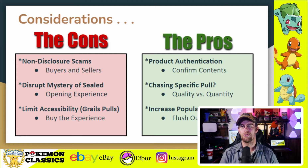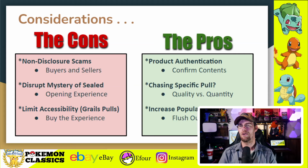These last two considerations I marked as positives, but in reality, they're probably more neutral, if anything. But one could be for those that are chasing a specific pull. They want a specific card, and they could buy one singular pack rather than a number of packs chasing that individual pull. Now, personally, I think that's part of the fun of opening packs is you don't know what you're going to get. But if there is somebody out there that's collecting a specific card, a specific set, or just wants the experience of pulling a specific chase card, it might be better to have that opportunity to purchase quality